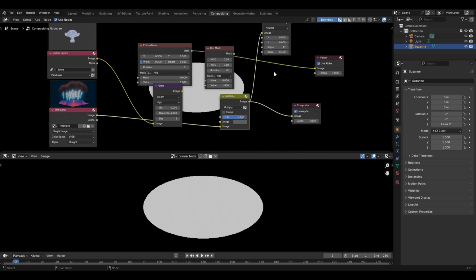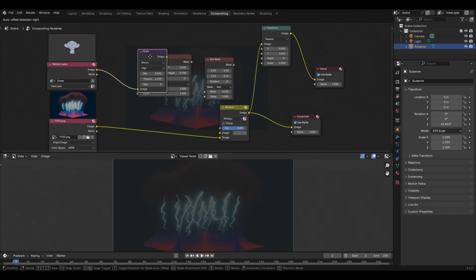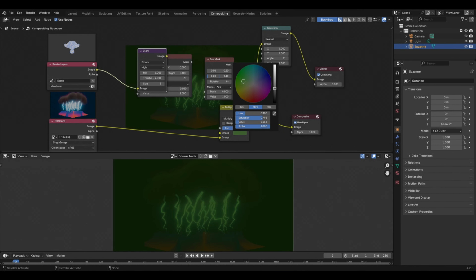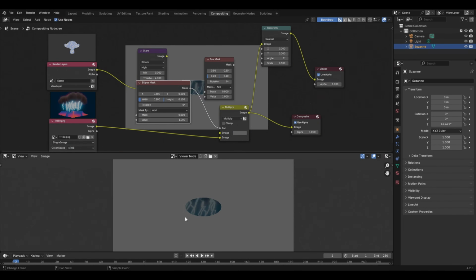Let's also connect the image socket in the transform node back to the viewer node. Now I have removed the image of this monkey from the multiply node. As a result, we now have the option to control the color in place of the first image. For now, I'll be keeping the gray color. And to use this ellipse mask node in the multiply node, simply take the mask socket and connect it to the factor. Now this node will control that particular area where the effect of the multiply node will be applied.